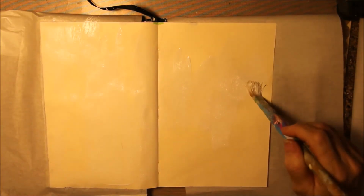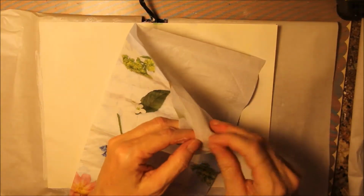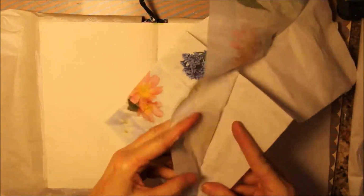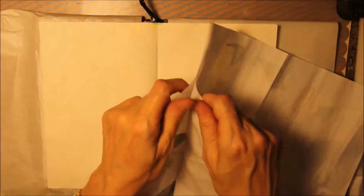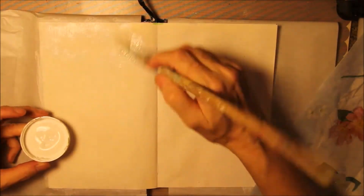I'm going to apply this napkin. There's 3 layers to this napkin. Usually they come with 3, so separate the very top layer off very carefully. I tore mine a little bit. I'm going to apply it with Mod Podge. I'm doing the